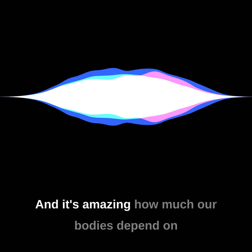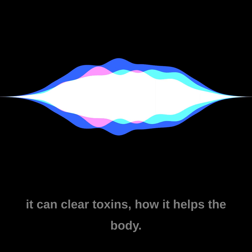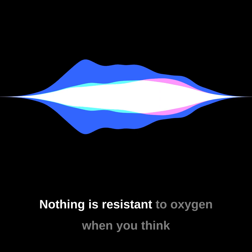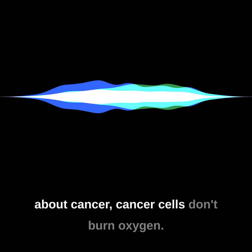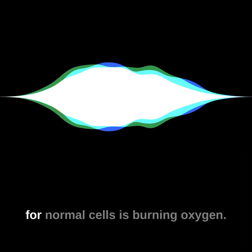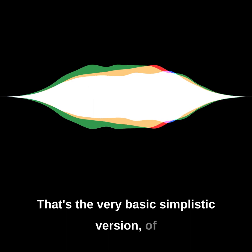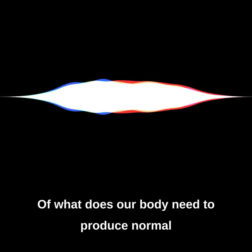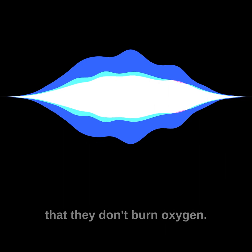And it's amazing how much our bodies depend on oxygen and how it can help the immune system. It can clear toxins, how it helps the body. Nothing is resistant to oxygen. When you think about cancer cells, they don't burn oxygen. They're anaerobic. Number one element in our cells for normal cells is burning oxygen. That's the very basic, simplistic version, of course, but that's where it starts of what does our body need to produce normal? Cancer cells, which are cells gone rogue and multiplying, but it's important to recognize that they don't burn